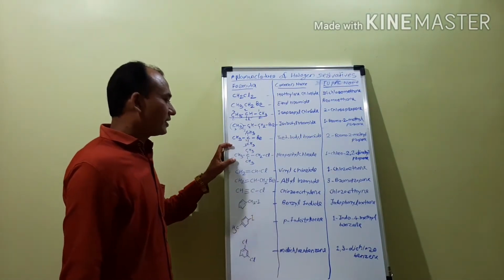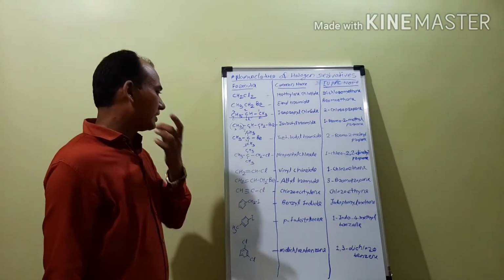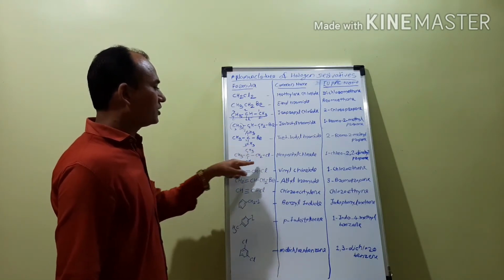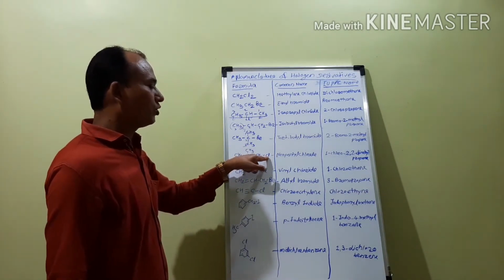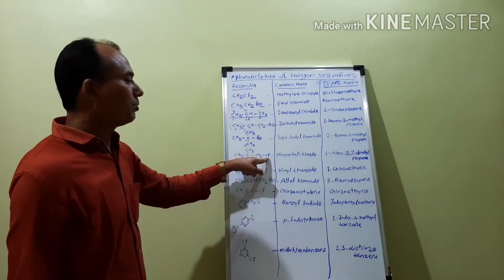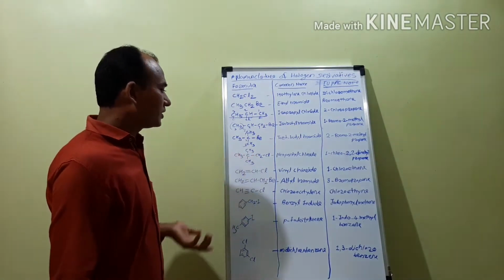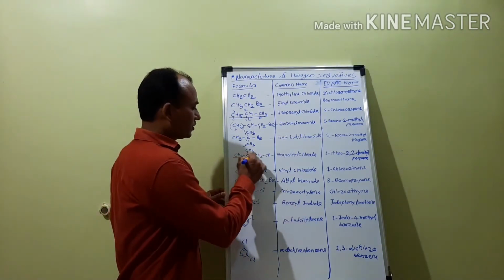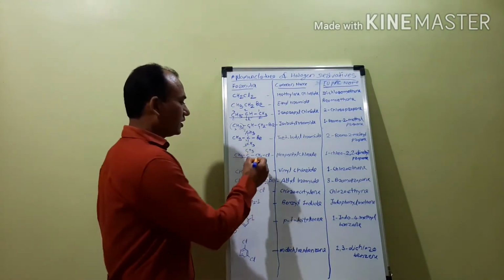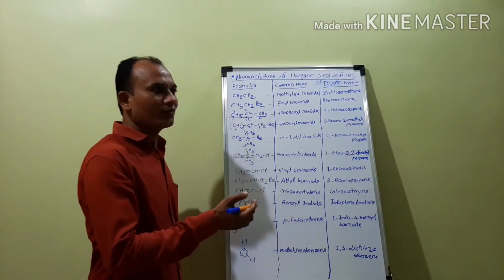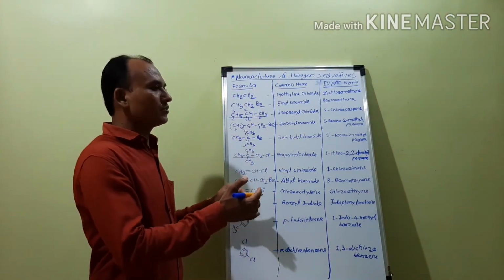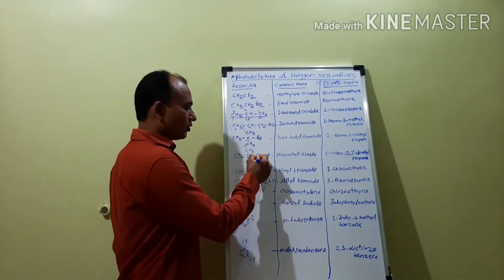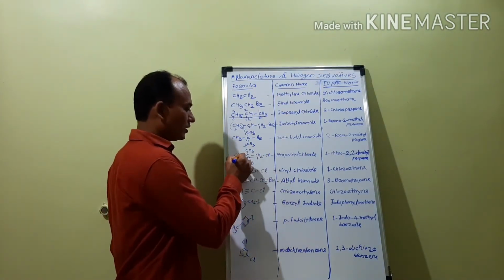Now the next example, CH3C(CH3)(CH3)CH2Cl. This is the neopentyl group, and to this neopentyl group there is an attachment of chlorine, so the common name becomes neopentyl chloride. When we are giving the IUPAC name, we have to select the longest continuous chain. This is the longest continuous chain, and then you have to give the numbering from that side in which the substituent-attached carbon atom has the lowest possible number, so we give the numbering from this carbon atom, 1, 2 and 3.